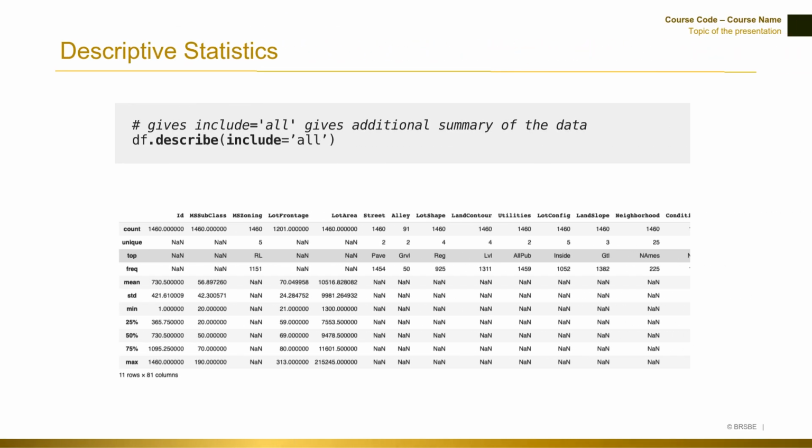Descriptive statistics is used in various fields to summarize data and provide insights. For example, in business, it can help summarize sales data to understand performance trends. In healthcare, it can summarize patient data to identify common health issues. The outcome of descriptive statistics is a set of summary measures that provide a clear and concise overview of the dataset. This summary helps analysts and decision makers understand the data's characteristics, identify patterns, and make informed decisions based on